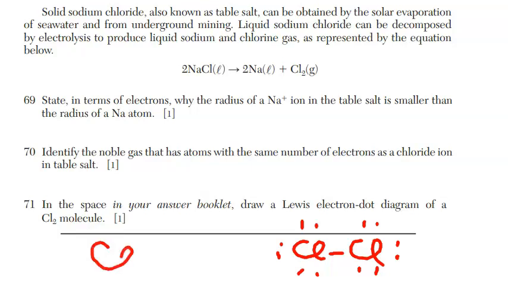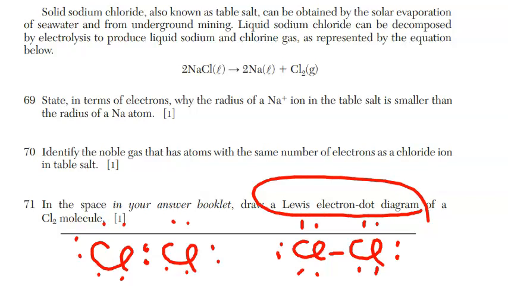Another way would be that you could show the pair of dots being shared between them, and then all of your dots right around the 2 chlorines. Either way, you have to know that, and it brings up a really good point. You want to practice drawing Lewis electron dot diagrams for the most common molecules, not just the diatomics, but water, for example, ammonia, methane, CH4, carbon tetrachloride, CCl4. There's a basket, I call it a basket of molecules that you have to be able to draw the diagrams for, and then of course some ionic compounds as well. Check with your notes and your teacher, and you can check that out and practice them